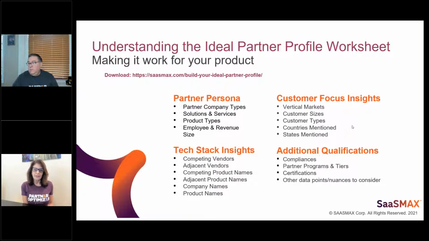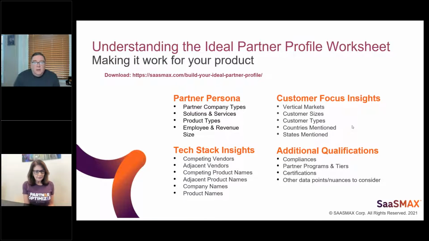What about certifications? And then other data points that might be nuances and very critical to, maybe they have to be in the Oracle ecosystem or the Azure ecosystem or whatever it may be. What are those in-depth expertises that you want them to have that may not necessarily mean that they know your product well, but they still have a deep area of expertise that is great to align with, and that they're committed to having the qualifications that you think that they have.